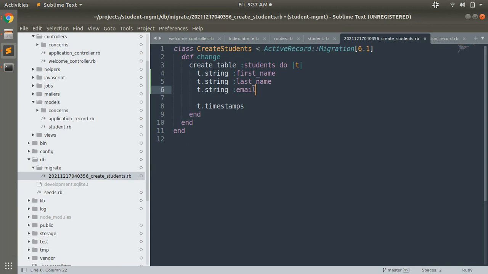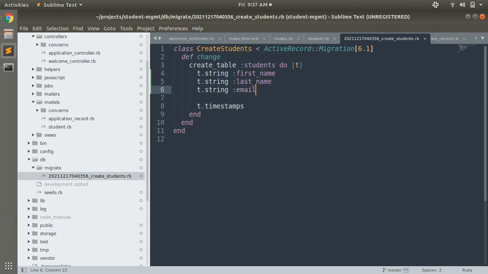As we saw in the last lecture, there are two possibilities for creating a controller: we can either create a controller using the command line or create it manually. But we must avoid creating Active Record models manually. Why?